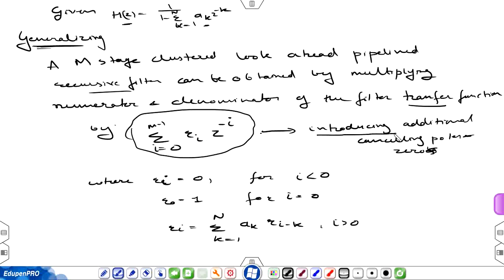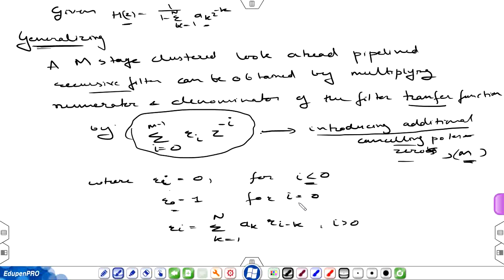So what we are doing is introducing m additional poles and zeros,